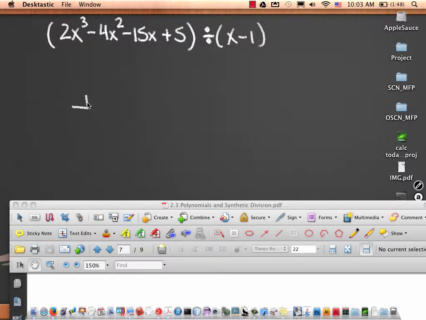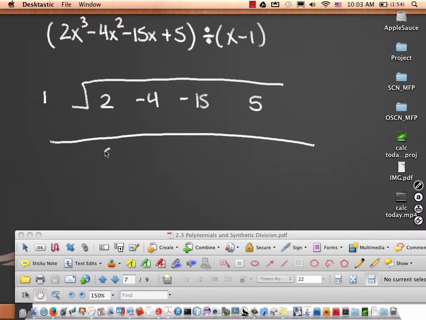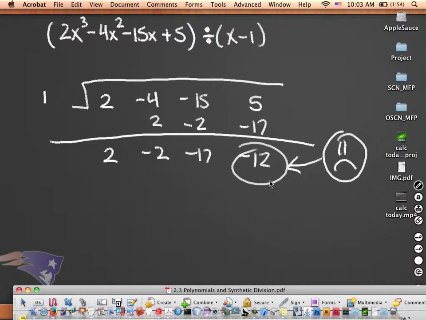Now, let me set it up. What would the numbers be that I put in here? 2, negative 4, negative 15, and 5. And what's the number I put here? 1. Drop the 2. 1 times 2, 2. Negative 2, negative 2, negative 17, negative 17, negative 12. Not a remainder of 0, right? Okay? However,